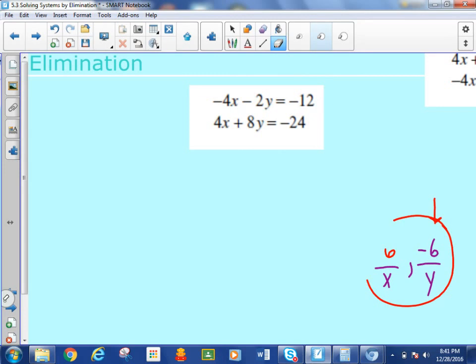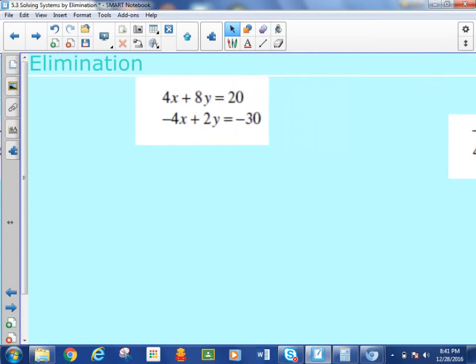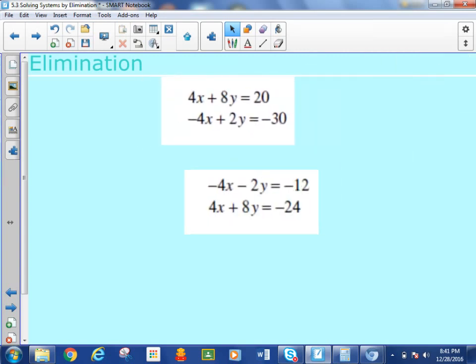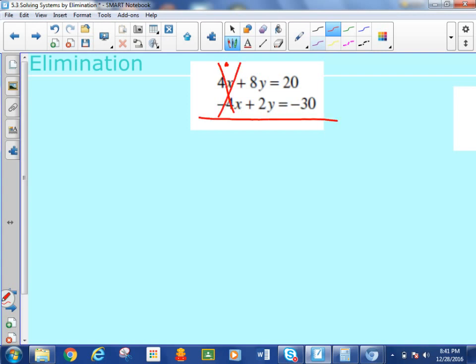Okay, so we're going to go ahead and try another one. They look very similar. Okay, so once again, let's look through. Our x's are opposites of each other. We have a +4x and a -4x. So there's our elimination. Gone. So now we're going to simplify this out. So I have an 8y and a +2y. We're adding, we get 10y